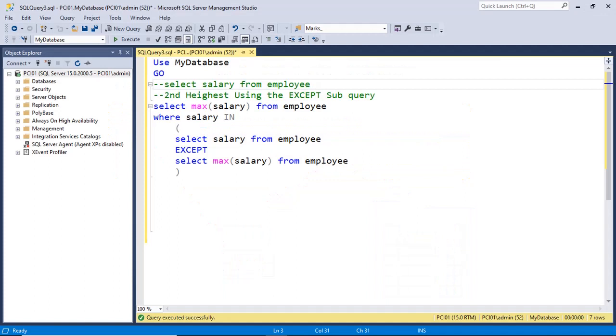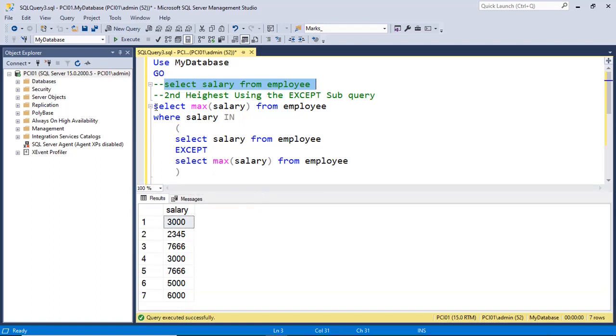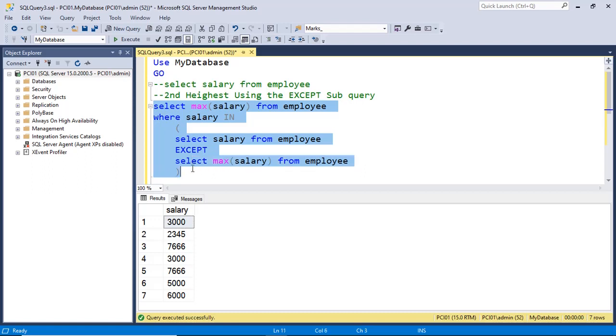Now we check this on SQL Server. If I check the whole data, this is the data and we have the query. In the subquery we are using the except operator. The except operator is taking two queries. Now if I execute only the inner query, I get this result because the max salary is excluded, removed by the except operator.